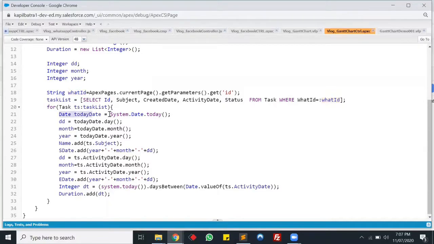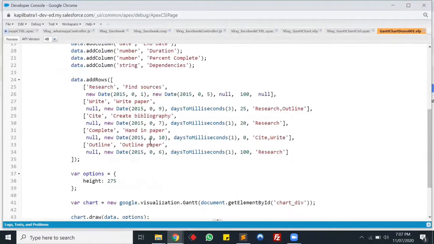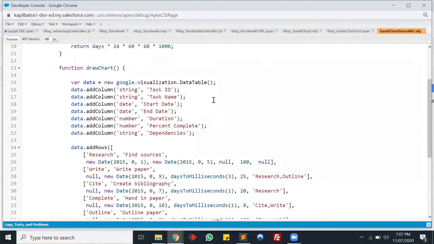So guys, for Gantt chart there are few parameters required, like there should be create date. Let me show you here. Yeah, so guys, the start date is required. There should be start date, end date. The duration is also required. I mean, if you won't put the value, the layout will be disturbed in between. The percentage complete is good to have. I mean, if you don't have the percent complete, it's absolutely fine. You can pass null here.